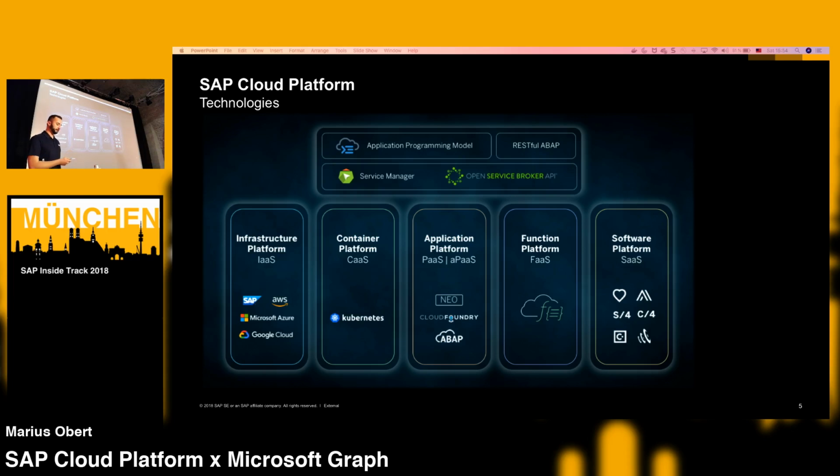So the thing I want to emphasize are the different platforms that you can see here, here, here, and here. Because I feel like maybe it's a lot, and it's hard to digest what platform to use for what. So you already know the infrastructure layer, which you can use SAP data centers, but you can also go to Microsoft, Amazon, or Google. And you know the software platform, which is the S4 system, C4 system. And what has been there before was the application platform with Neo and Cloud Foundry, and the lately released ABAP